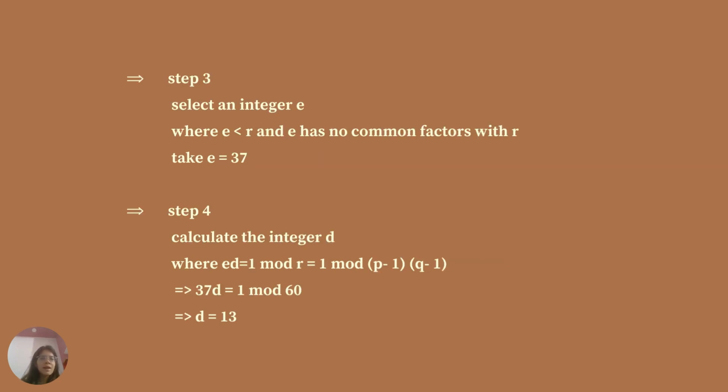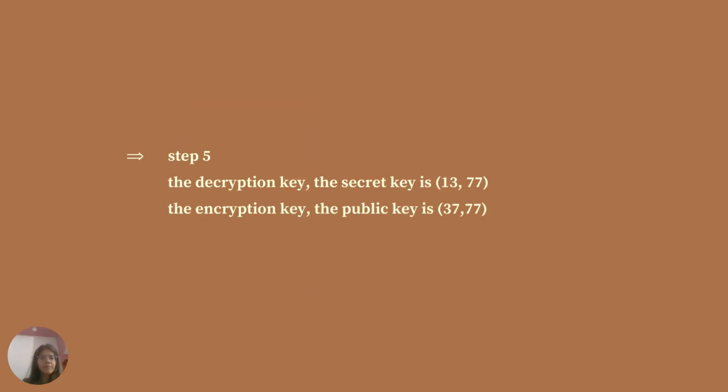So we will select an integer e where e will be smaller than r and e has no common factors with r. So let's take e equal to 37. Calculate the integer d where ed should be equal to 1 mod r, equal to 1 mod (p minus 1)(q minus 1). So 37d will be equal to 1 mod 60. So d will be equal to 13. The decryption key, or secret key, will be 13, 77, and the encryption key, which is the public key, will be